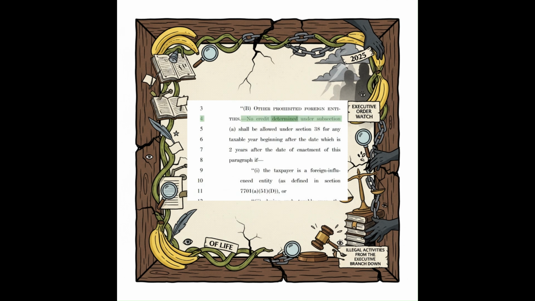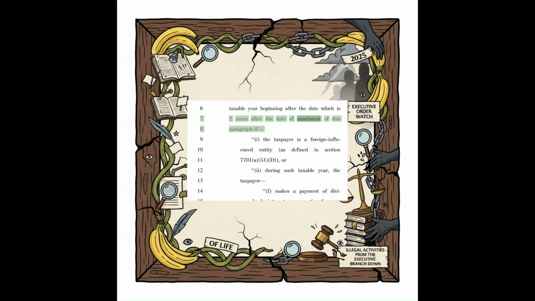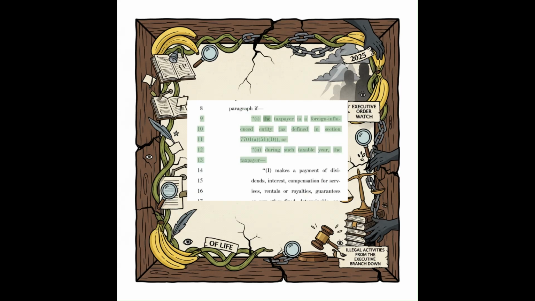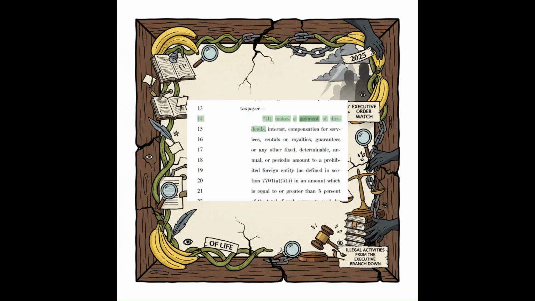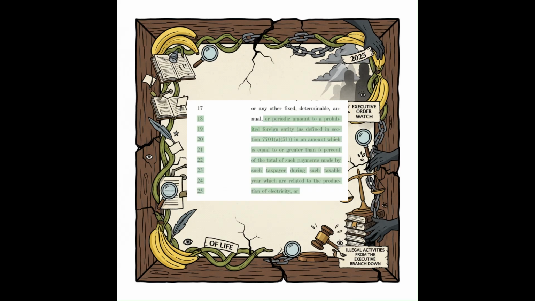Prohibited foreign entity. No credit determined under subsection shall be allowed under Section 38 for any taxable year beginning after the date which is 2 years after the date of enactment of this paragraph, if the taxpayer is a foreign influenced entity, or during such taxable year the taxpayer makes a payment of dividends, interest, compensation for services, rentals or royalties, guarantees, or any other fixed, determinable, annual or periodic amount to a prohibited foreign entity